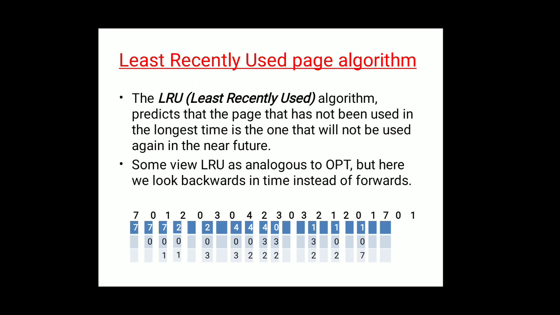Now coming to the page number 0. As you can observe, page number 0 is already available, that is 201. So you don't have to get it from the hard disk. So this will be marked as a page hit. Whichever page is already present in the main memory will be called a page hit.